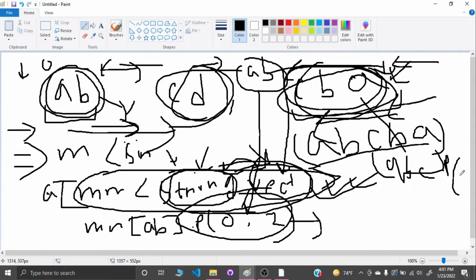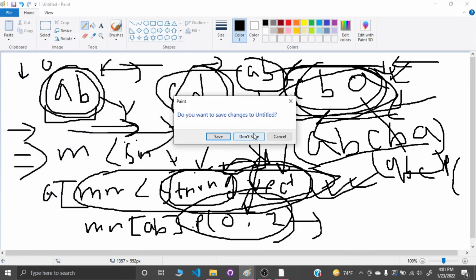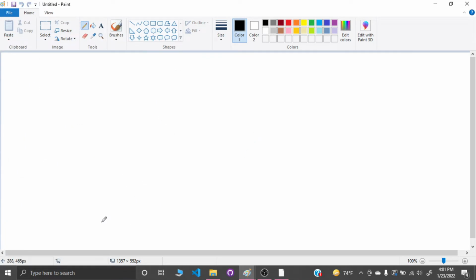So I hope you're getting what I'm trying to say here. Okay. Now, so this was the two cases description. How are we gonna put those values of the string? Now, how are we gonna solve the problem?